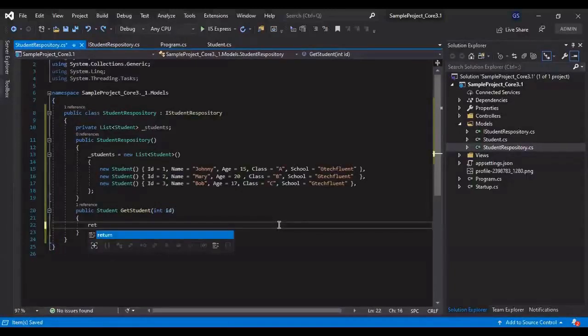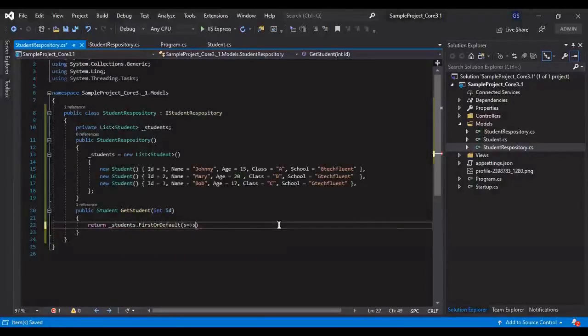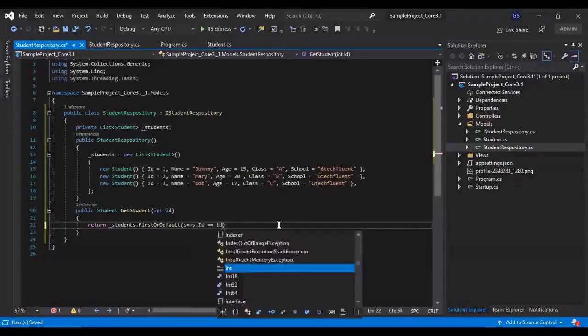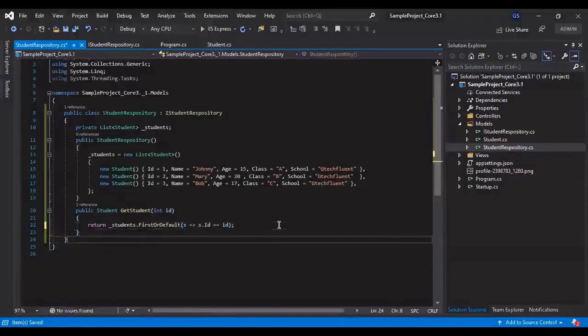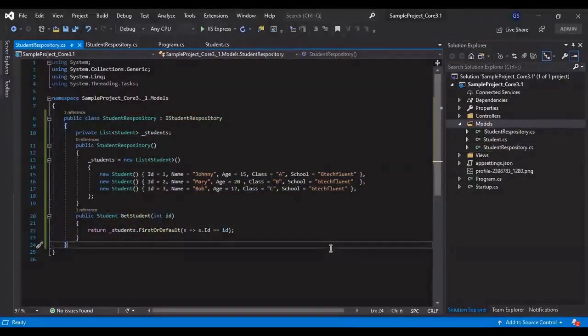So just return _student.FirstOrDefault, ID equal to ID. So we have now provided the implementation of our GetStudent method. In our next video about understanding the controller, we will implement the dependency of this class and fetch the data in the controller.